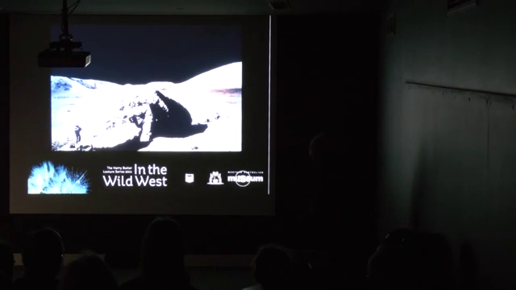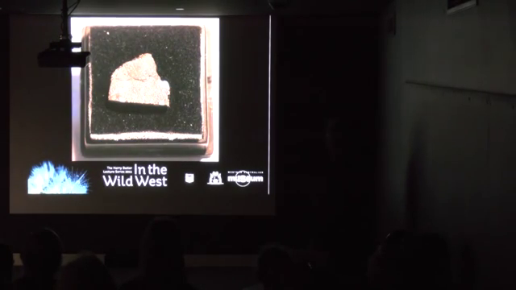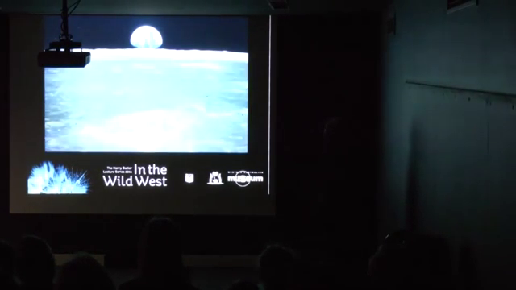And again, we've since discovered that there are also many bits of the moon that have fallen to Earth as meteorites. And this is one here. This is the first lunar meteorite that was discovered outside of Antarctica. And in fact, it was found here in Western Australia. So I shan't say too much more about